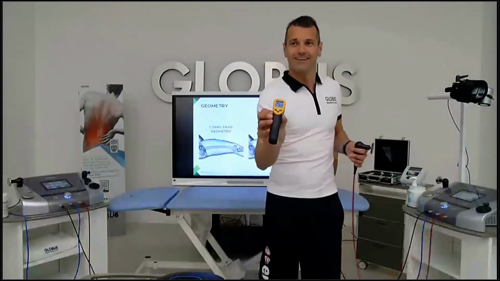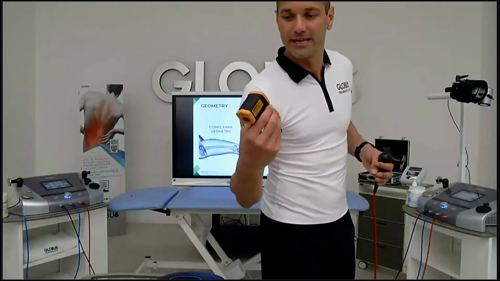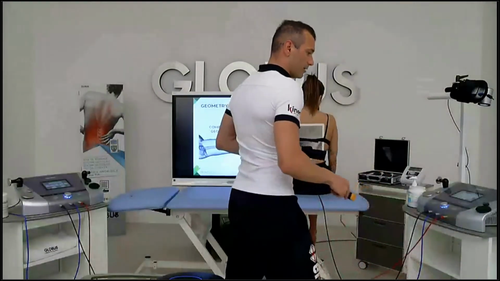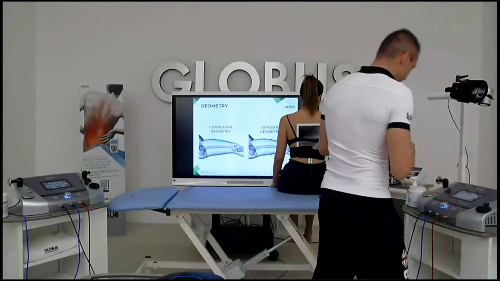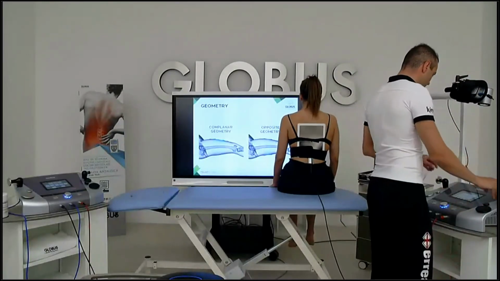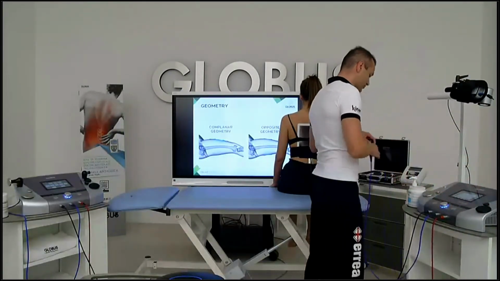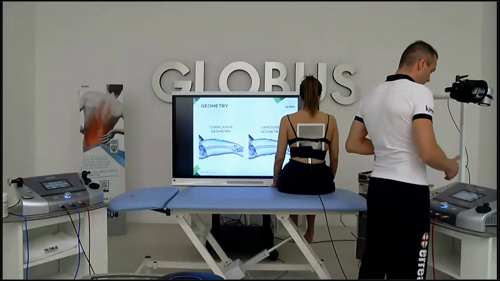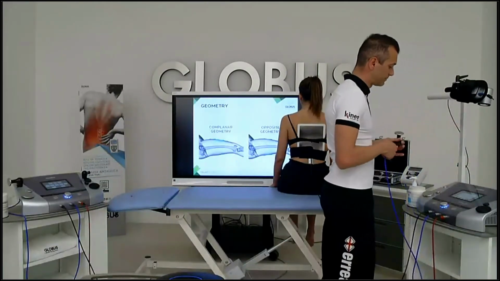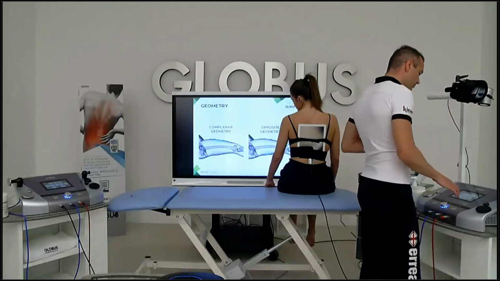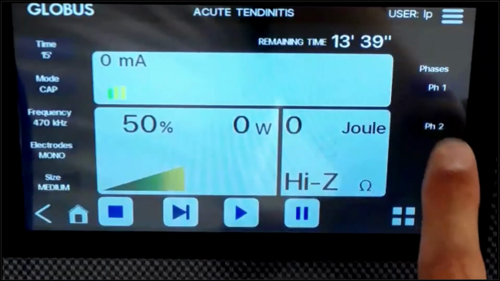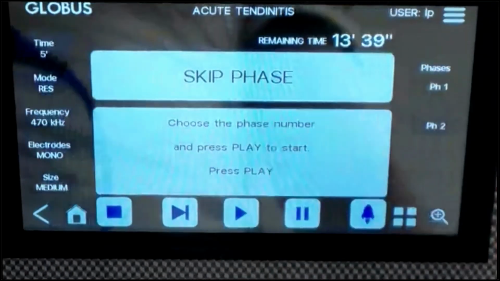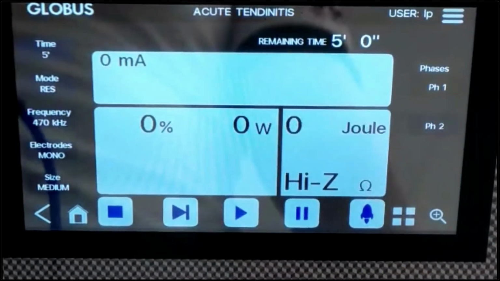Okay, I can show you we have 37.2 degrees. Perfect. So what's going to happen if you're doing, for example, a resistive treatment? I'm going to change on the second phase. Just imagine that I've really relaxed the part, and I want to go more on the second phase, the resistive one. So I can just skip to the second, the resistive one. I start with the resistive.